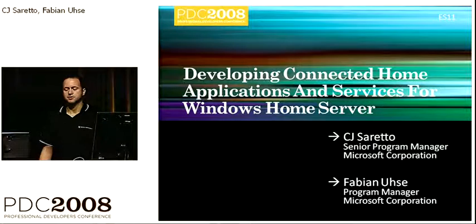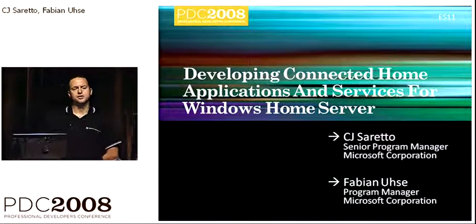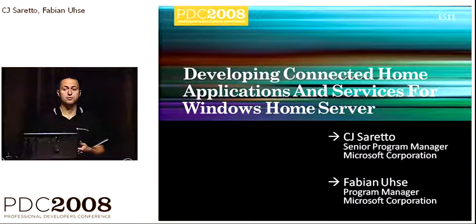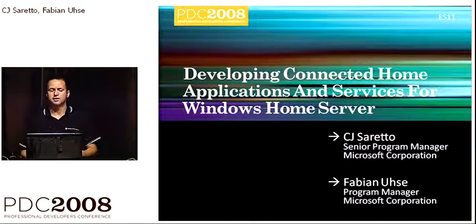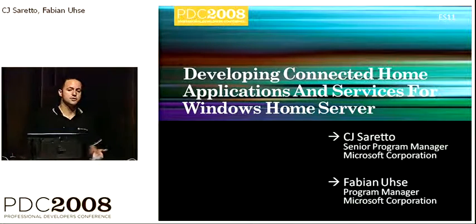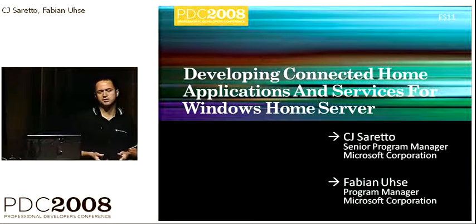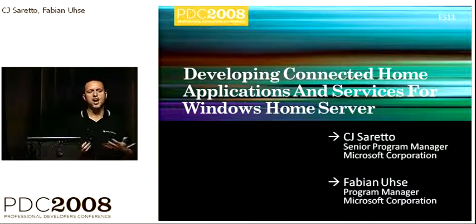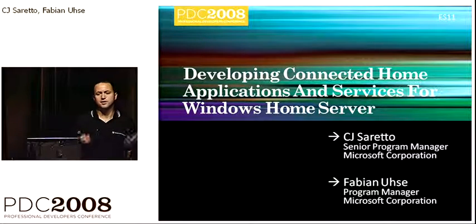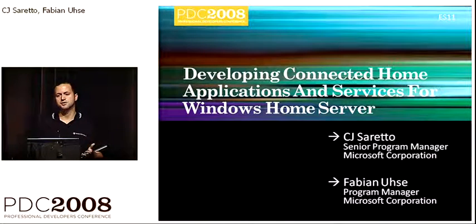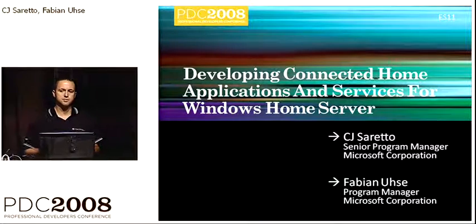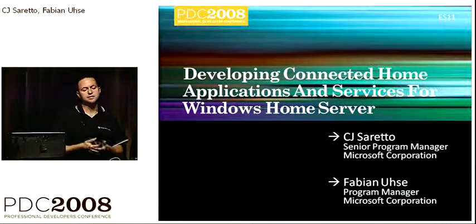For the last year and a half since we released Windows Home Server, we've done a great job of marketing Windows Home Server to end users, people with multiple PCs in their home, broadband connections to their home. And we market this product as a solution for making those multi-PC problems they have a lot easier. The reason I'm apologizing is because we've not done a great job of talking to you, the developer community, about the potential that we see for Windows Home Server in the future and enabling what we believe to be a truly connected home.